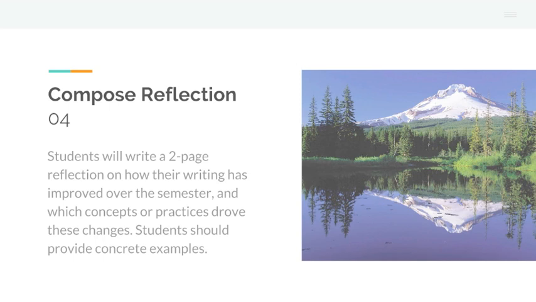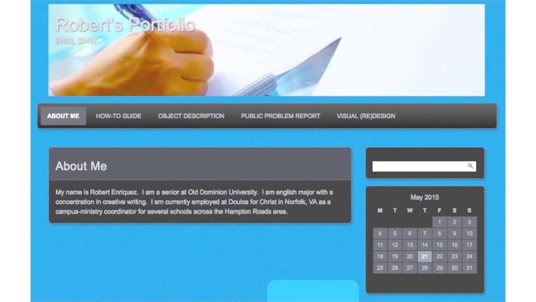So now I want to go over some examples of some portfolios that students have done just to get your mind working about what I'm thinking of. So these are actual portfolios that were done by students in a class that's 334 or similar class. You can see here, you have the About section. That's great. And then you have along the main navigation menu at the top, you have, clearly they did different